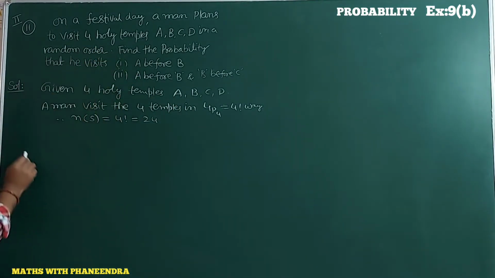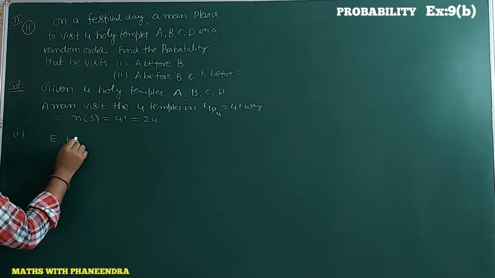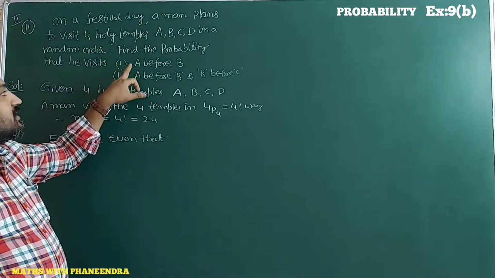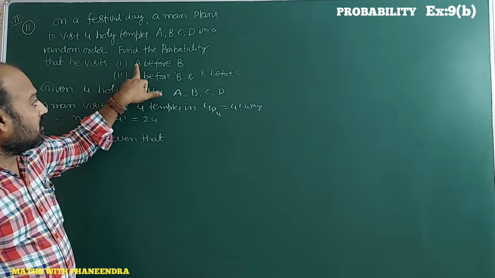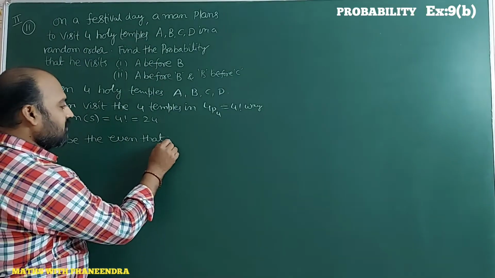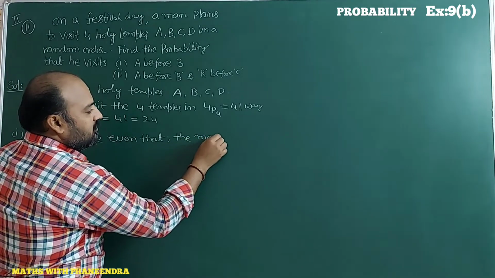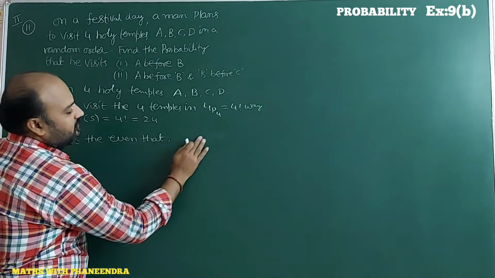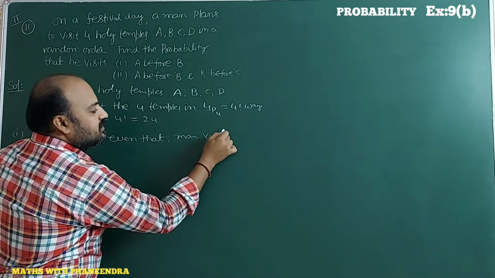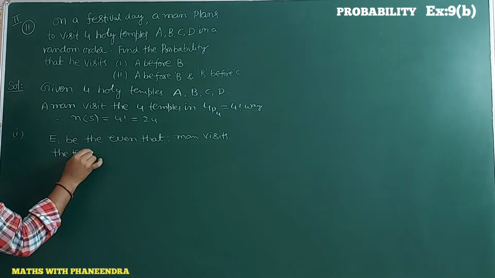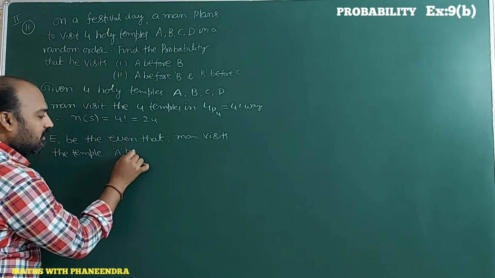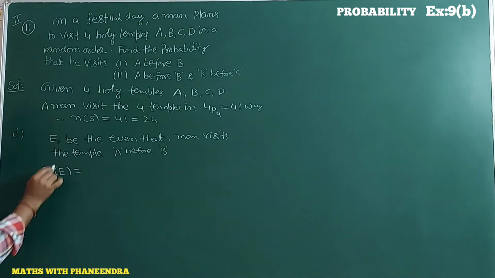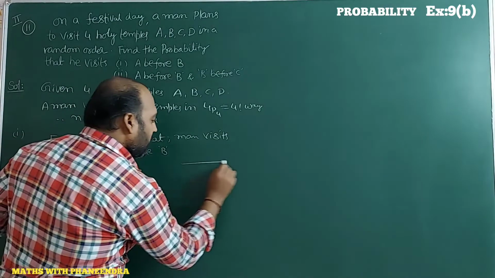Now come to the first question. E1 be the event that the man visits the temples A before B. E1 be the event that man visits the temple A before B. So n of E1, what possibilities are we getting? So what possibilities are we getting? So total,